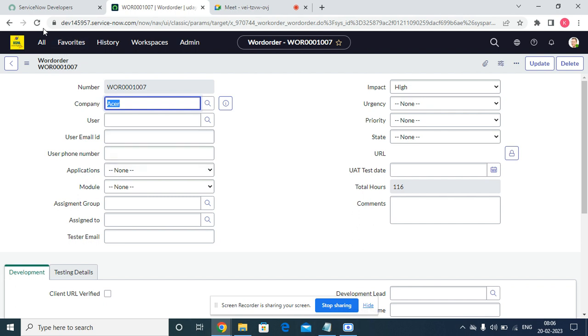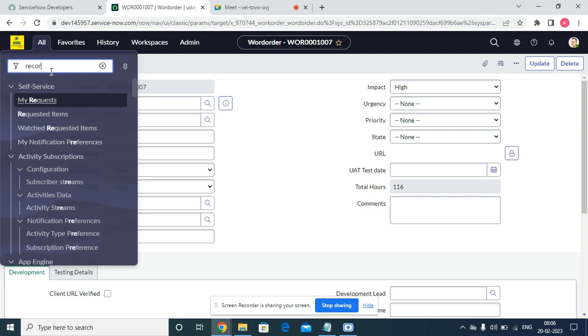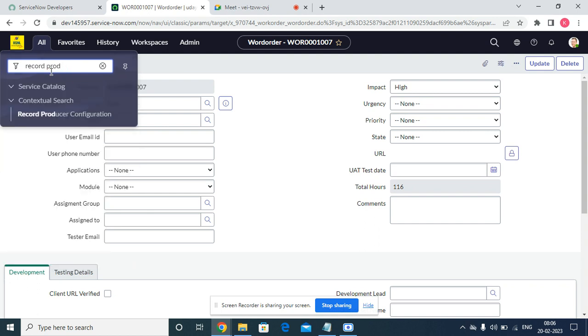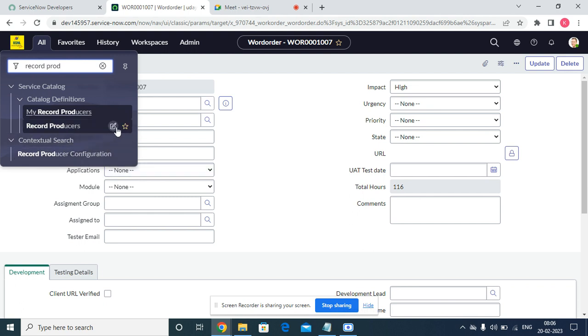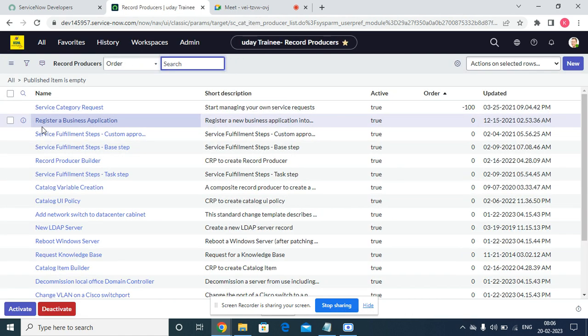The record producer is simple: as the name implies, it will create records. The most commonly asked question is, what is the difference between a service catalog and a record producer? The service catalog is used to configure things. So, for example, if you see here, record producer,